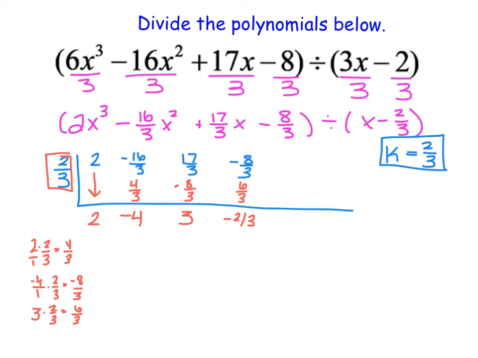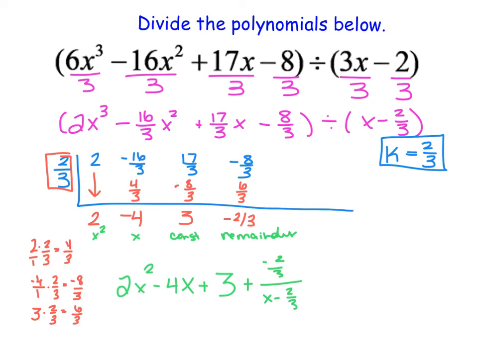So we've now used synthetic division to solve this all the way through. We know that this is our remainder. This is our constant. This is our x, and this is our x squared. So if we start to write this out, we can write this as 2x squared minus 4x plus 3. And then our remainder here is negative 2/3 over x minus 2/3. Now, it's not really good